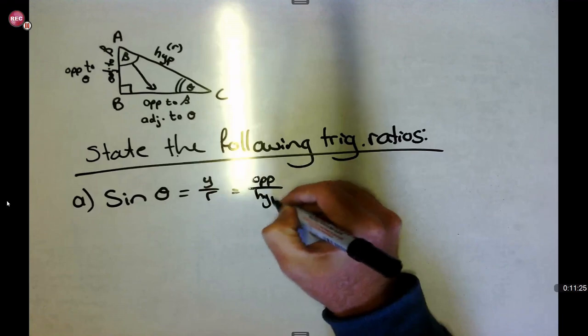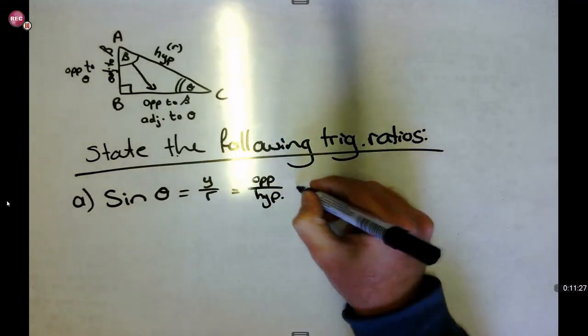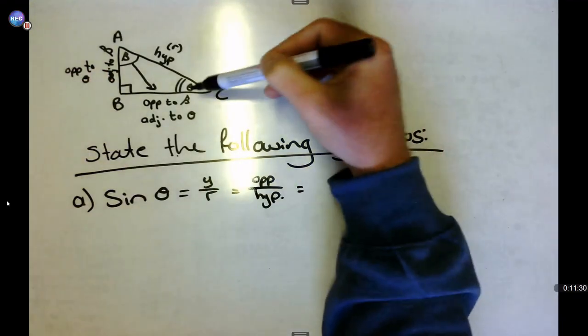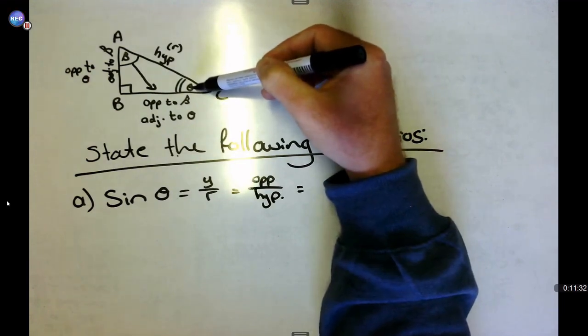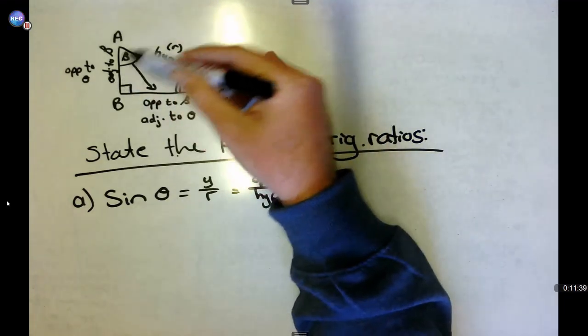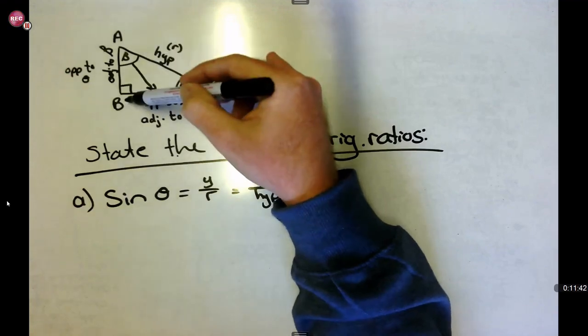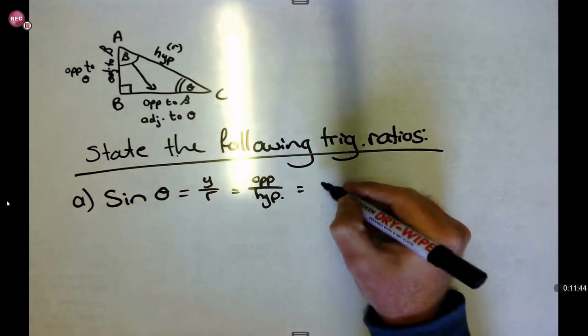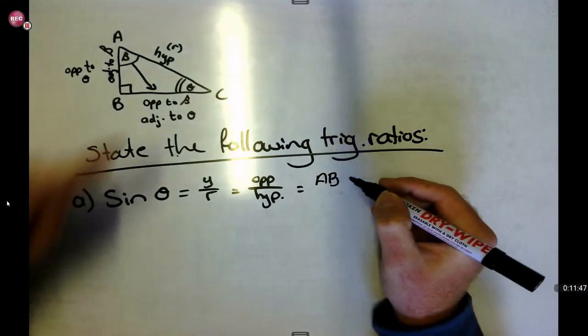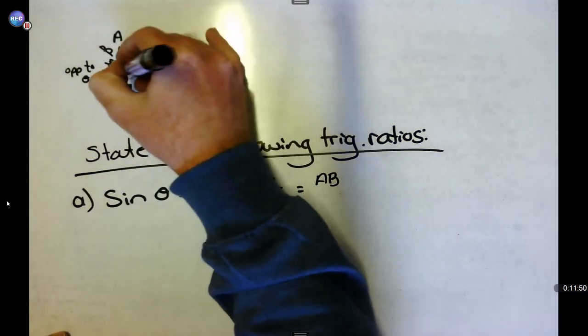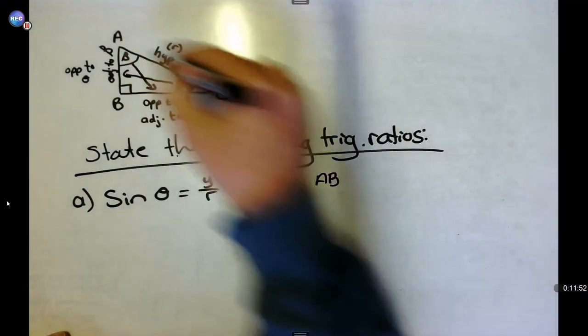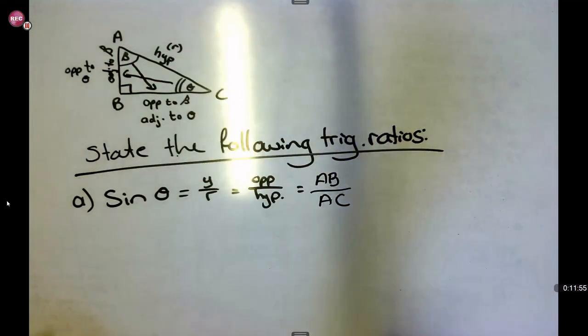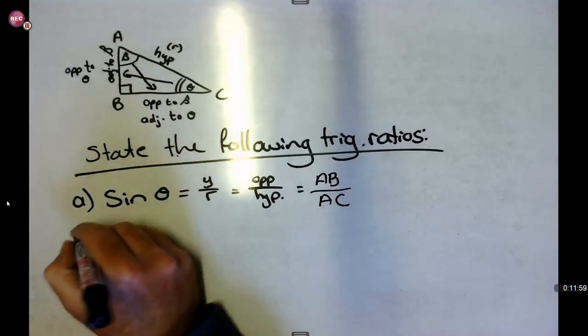Okay? So if I look at my triangle here, theta is situated over here. And if I say it's opposite over hypotenuse, it's going to look as follows. Opposite over hypotenuse. So it's going to be AB over AC. So my opposite is AB, because this side is opposite of theta. And then my hypotenuse is obviously AC. And there I've written my ratio according to the sides of the triangle. Let's go to the next one.